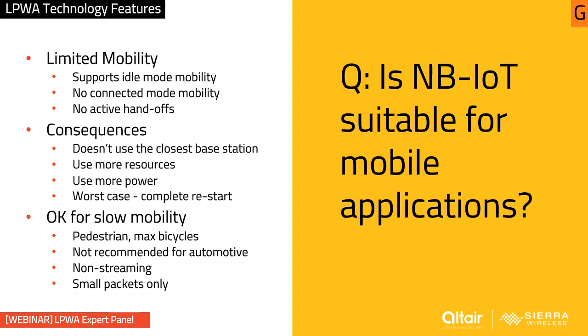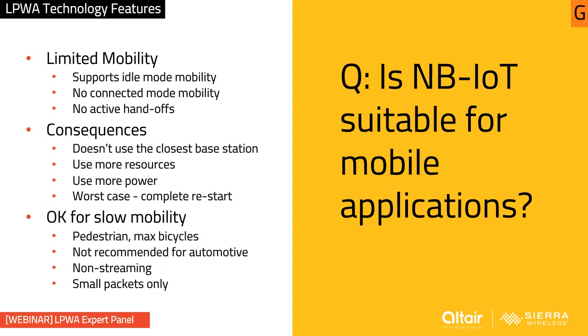But once you start sending data, the device, due to simplicity, no longer tracks neighbor cells. All it's going to do is look at the serving cell. So what that means is, for example, when you start a connection, you're going to be connected to the best base station. But if the connection lasts, for example, a minute, and you're highly mobile, there's no way to hand off to any other base stations. So eventually you'll get very, very far from that base station. And that has a lot of negative consequences.